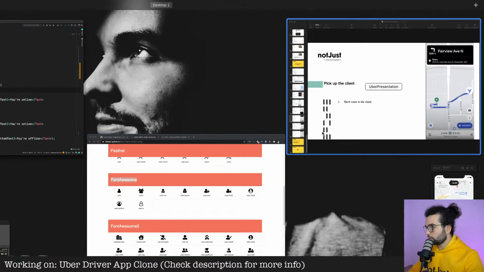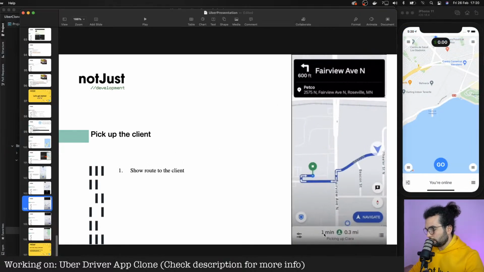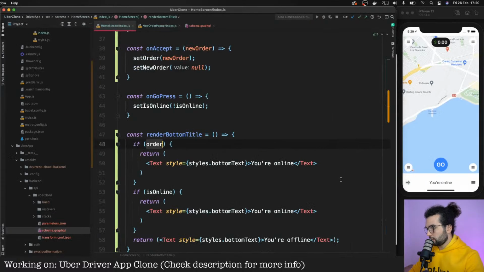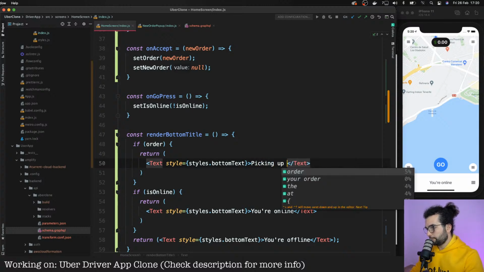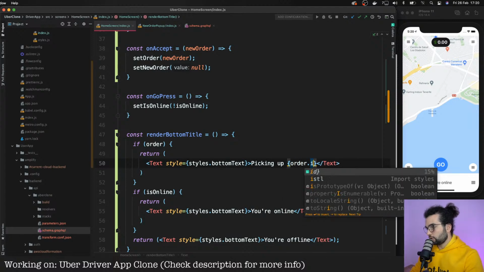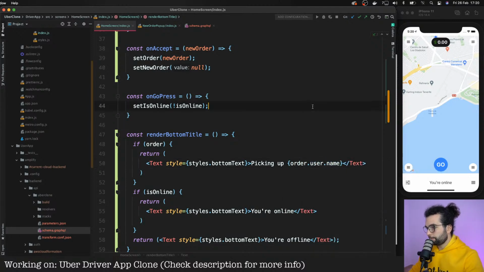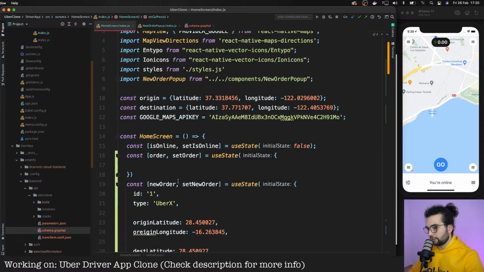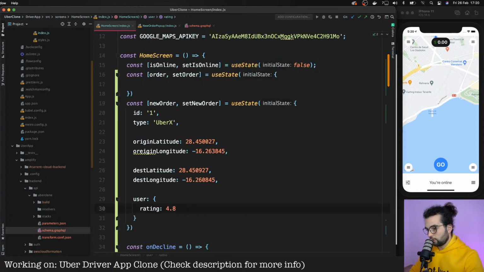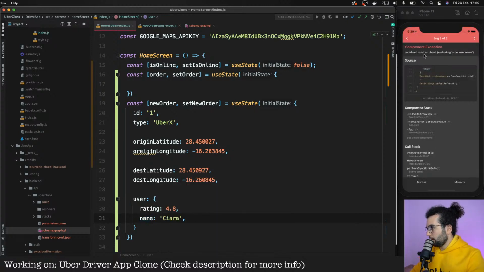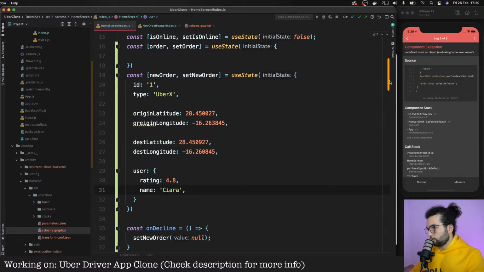if there is an order, we will render the time, image, this distance, and the text picking up and the username. So for the text we can say picking up order.user.name. We don't have it in dummy data, but we will add it right now. So user name, save. And undefined is not an object, order username, order what